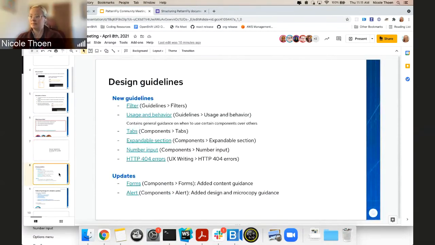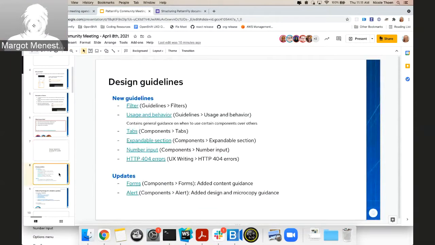So I just wanted to share some of the design guidelines updates that we've had over the past few weeks. We have a bunch of new guidelines. So the first one is the filtering guidelines, which we basically revamped to be hopefully easier to follow and to use compared to the previous ones.